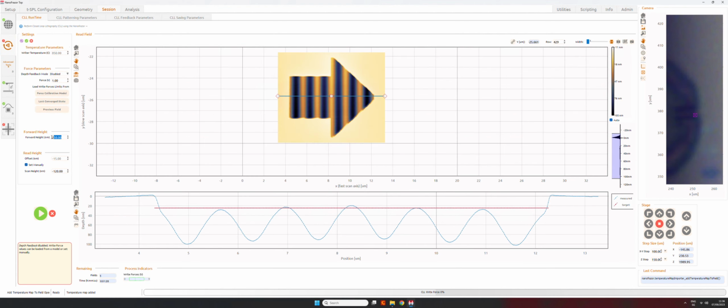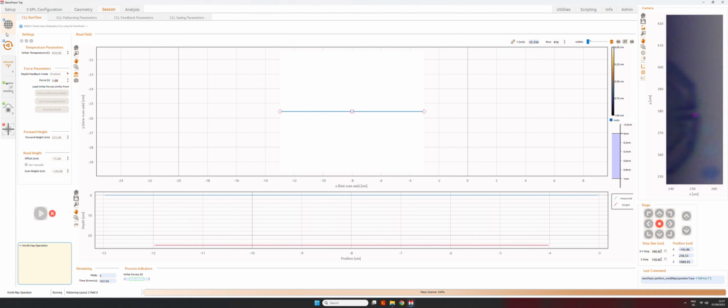But actually before that, I will reduce a little bit the forward height. This is because by reducing the forward height, I am reducing the distance between the tip and the substrate, our surface. So this will make it even easier for the thermal bending to reach the surface. The entity of the thermal bending is less than that of the bending by applying a force.